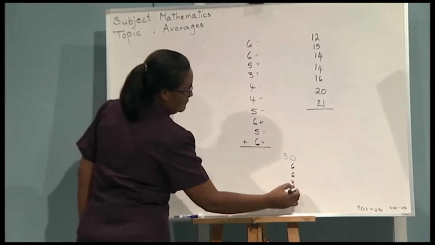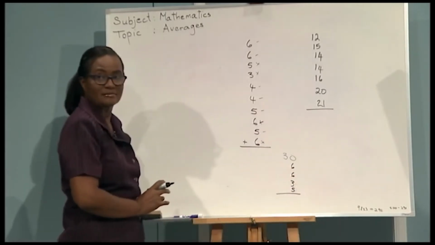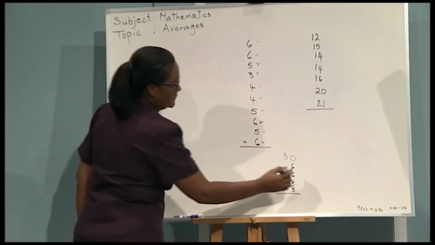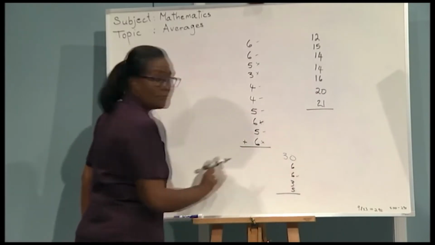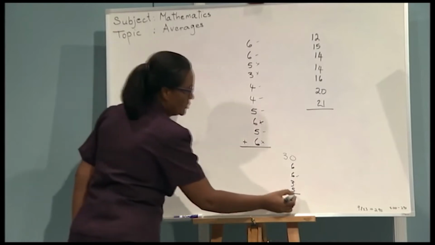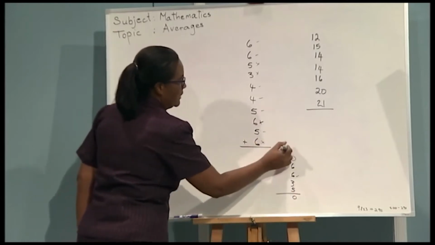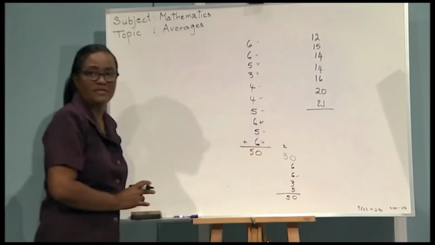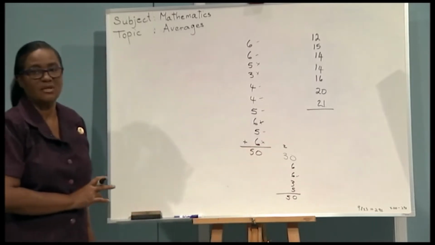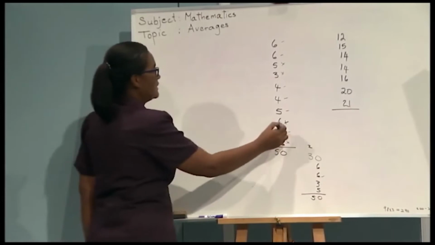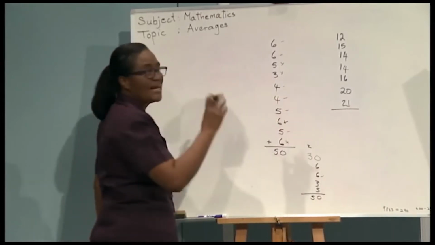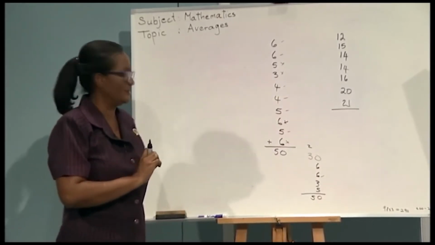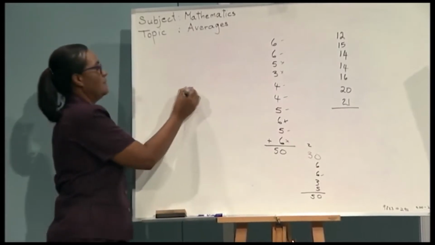So that is 5 and 3, 8. 8 and 6, 14. 14 and 6, 20. Carry my 2. So that makes 50. Do you agree with that calculations? Or we could add them 5 and 6, 11, and I don't know what that plus 6. I prefer to make 10. So it is now 50